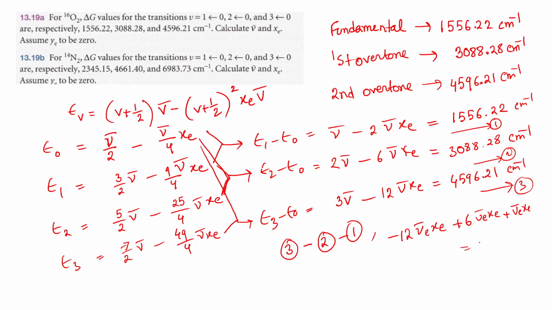That is going to give you some result, 4596 minus 3088 minus 1556. Obviously, that is going to be something negative. Let us do it for once. So minus 4 nu bar xc is going to be